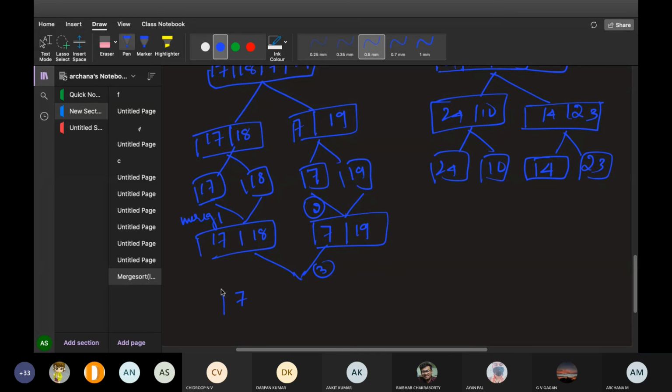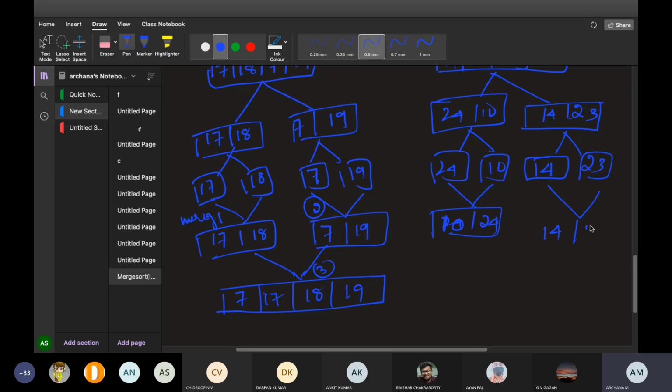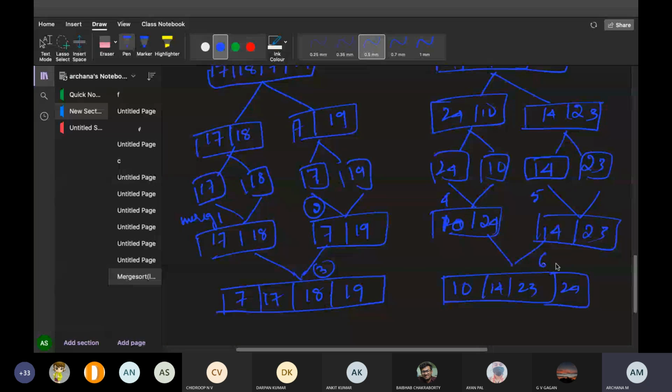7, 17, 18, 19. That's all. Merge these. 10, 24. Merge these. 14, 23. Then finally merge this. What will you get? 10, 14, 23, 24. This is merge 3. This is 4. This is 5. This is merge 6. You have to mention where you are merging. Then finally merge this. You will get a final answer. This is how you have to write in